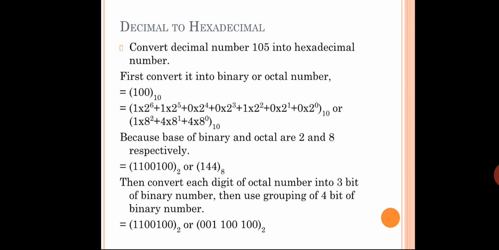Fine. So if you are finding difficulty in going with the position values, now how do you convert that decimal 100 to octal? You are going to get 144. So you can see there, how did you get that 144? If you don't want to go with the binary, then you have to divide the number by 8.